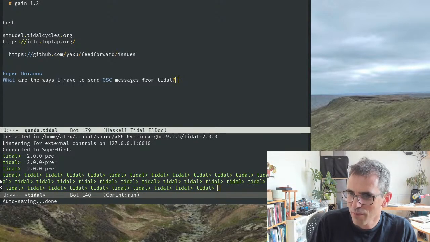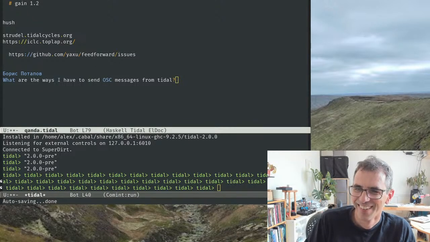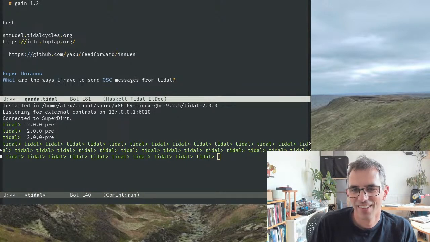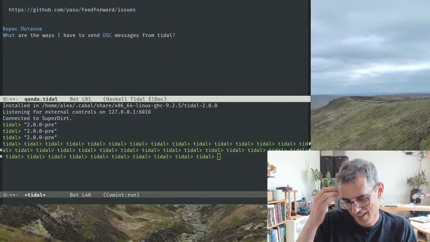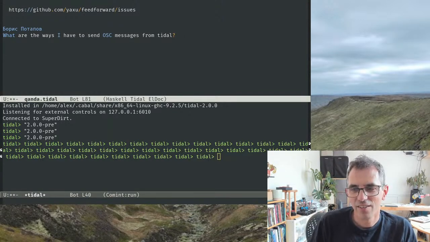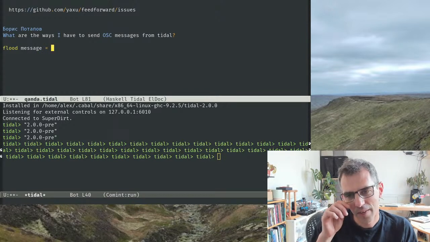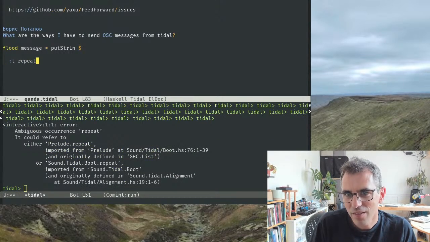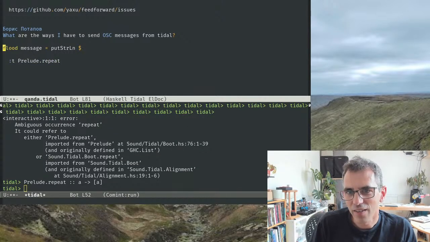How do people flood the console with a message? Okay, so I think I've seen people like Rennick and Kindome do this sort of thing. So if you want to flood with a message, I think it's probably just doing something like this. Just have to remember what this does. Okay, so if we repeat that message,